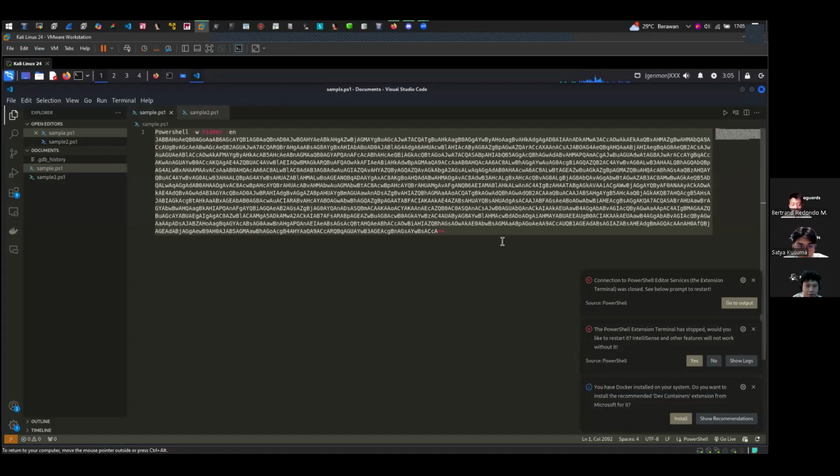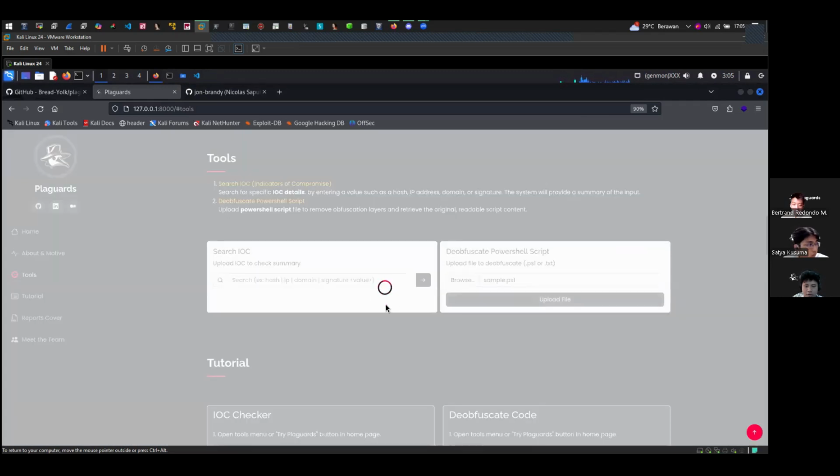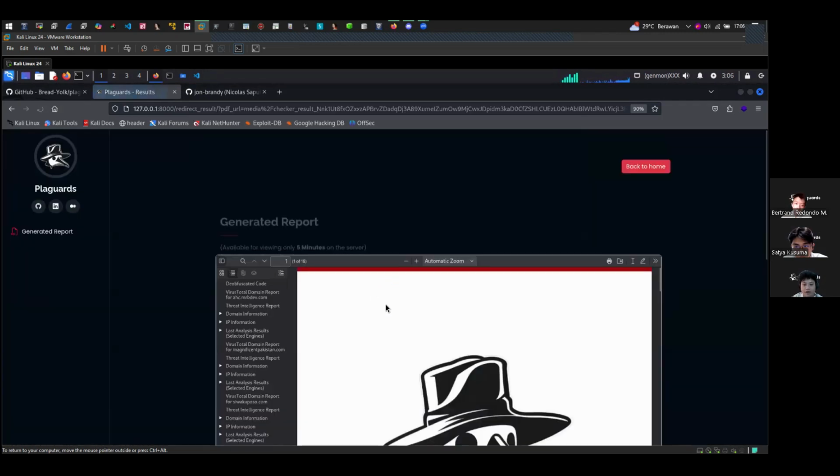Previously, I mentioned the encoded base64 text. So we pass it, upload the file, and we just have to wait. PlayGuards will deobfuscate our uploaded PowerShell script. Then it will crawl for IOCs if any are available.